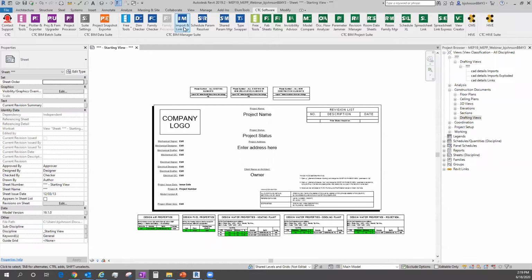So I'm going to essentially say I'm playing CAD cop with this tool. And usually CAD cop is kind of a bad term in most firms, because that means somebody's going to get in trouble because they did something wrong. Most of the time as a BIM manager, I've always withheld the rod, basically, not to use it as a tool to reprimand or get somebody in huge trouble, but more of an inquisitive tool. How can I find out what I need to find out fairly quickly about what's going on inside of a project? So if I look at my import and link manager on this file,